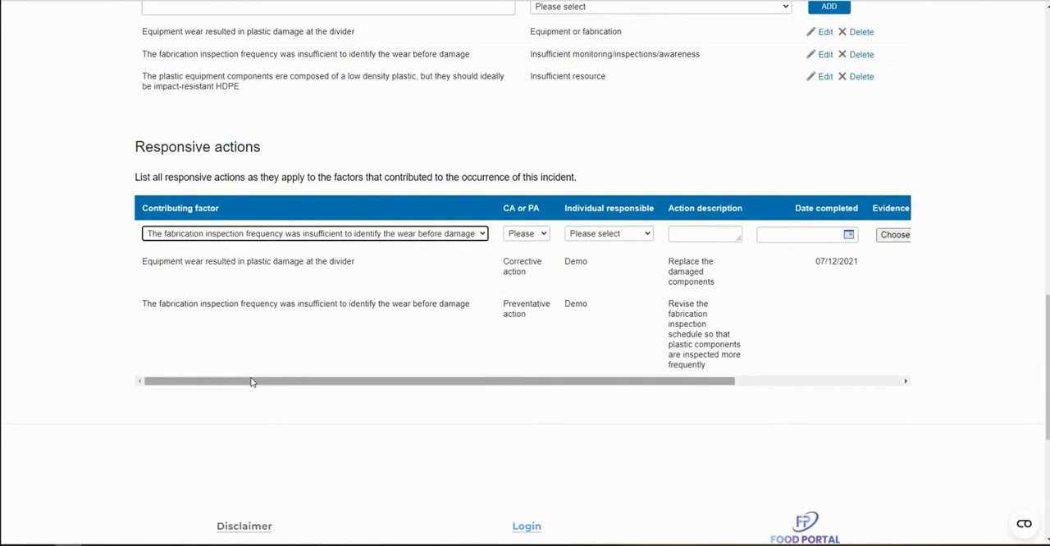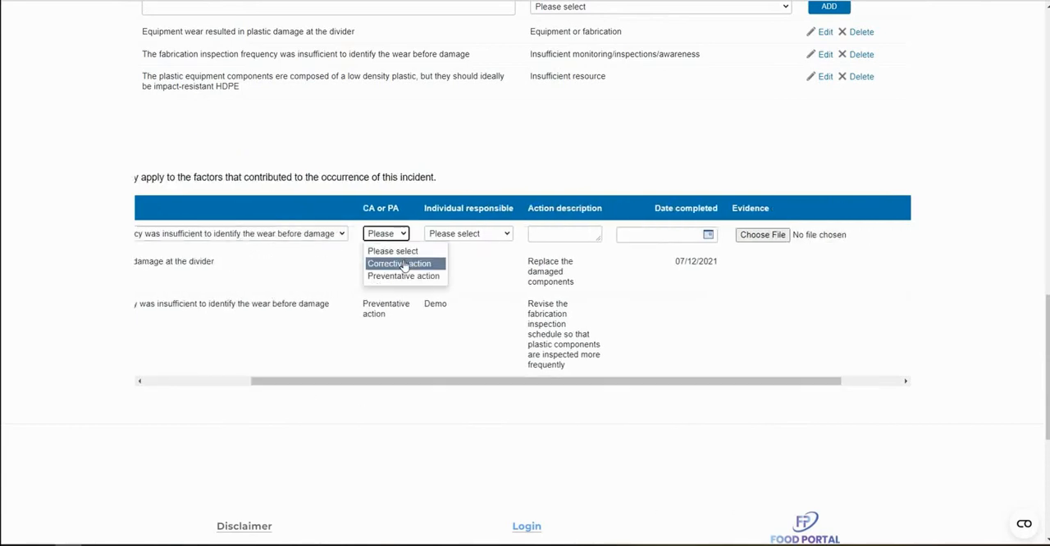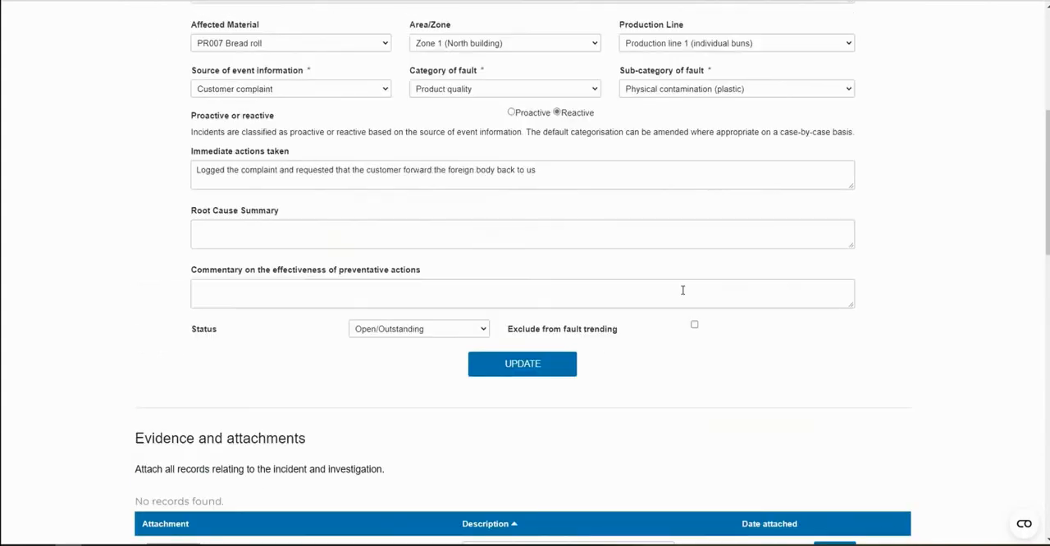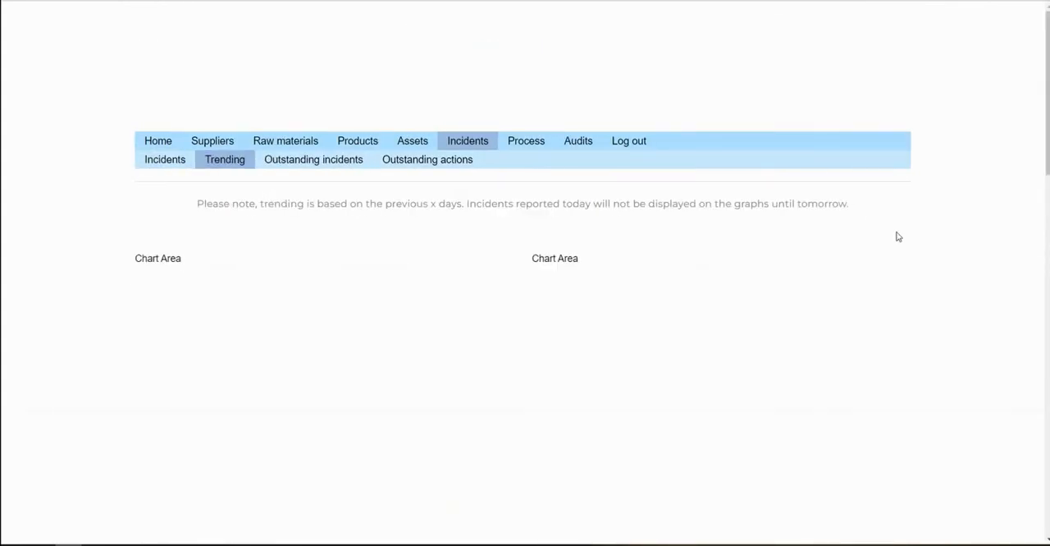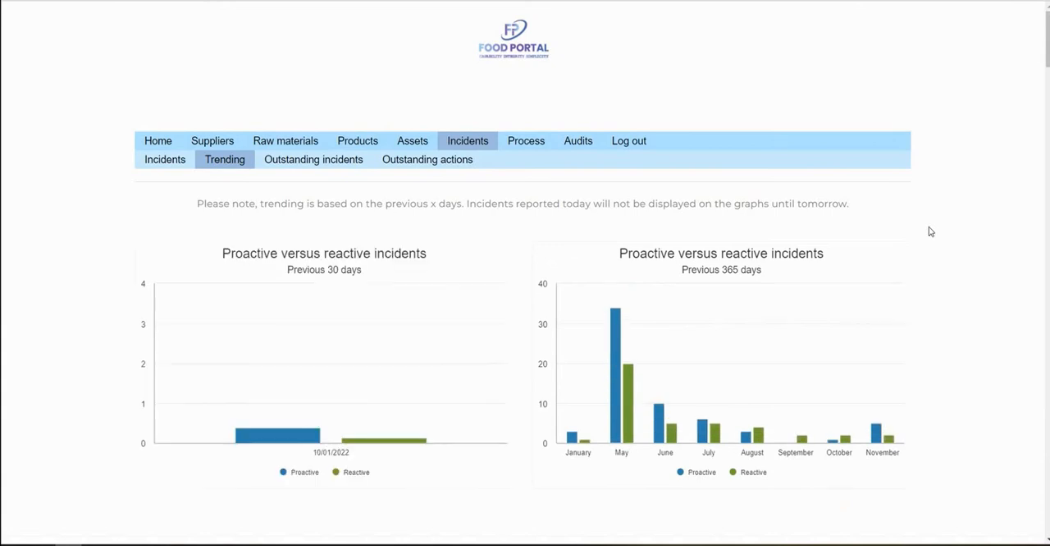And once you do this, you can determine whether it's a corrective or preventative action and assign responsibility to a particular individual. They can indicate the date that they've completed their action and upload evidence of completion. And the advantage of having these categories for both incidents and contributing factors and responsive actions is that all of your performance trending